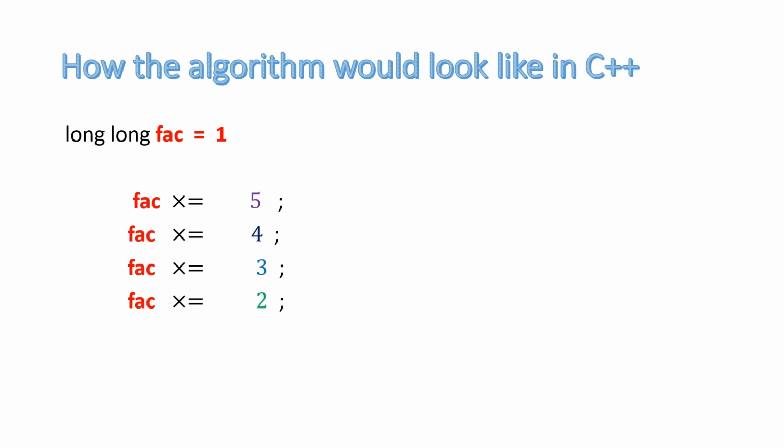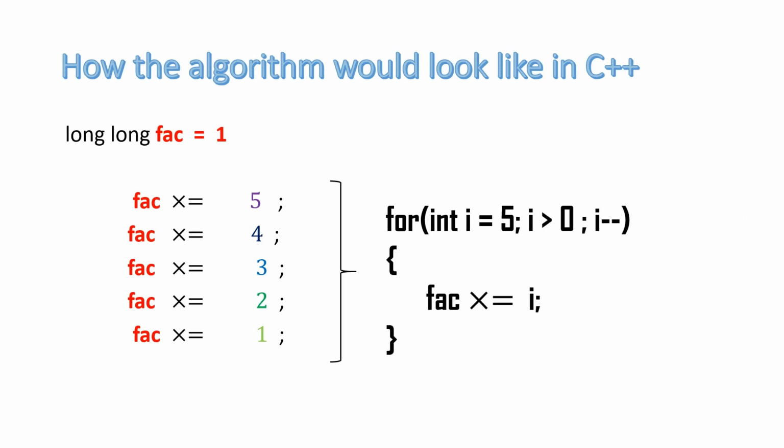When we have that notation in place, we now need to find a way to express these iterations from 5 to 1 in C++. And for us to do this, we're going to use a for loop. Okay, so now that we have the basic idea of what to do to create a factorial function,